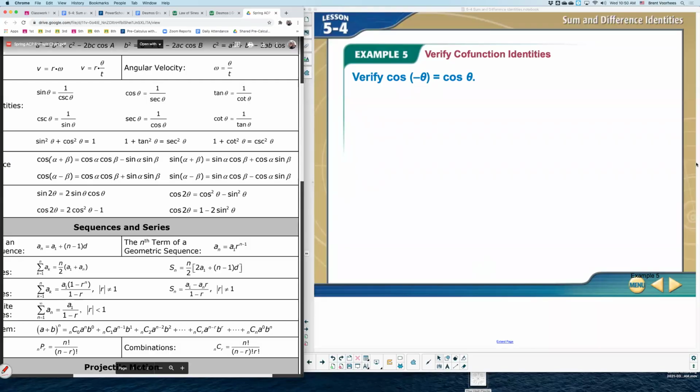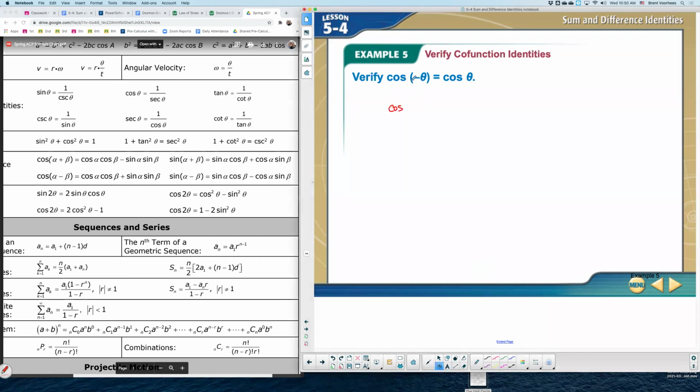All right, let's talk about verifying or proving a cofunction. We learned this cofunction in lesson 5.1, that cosine of a negative angle equals cosine of just the positive angle. And let me show you why that's true. Let's think about this in terms of